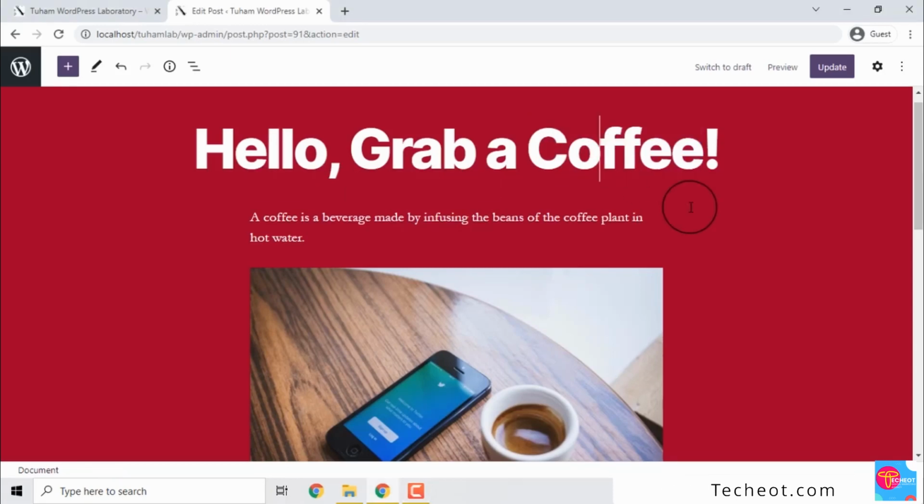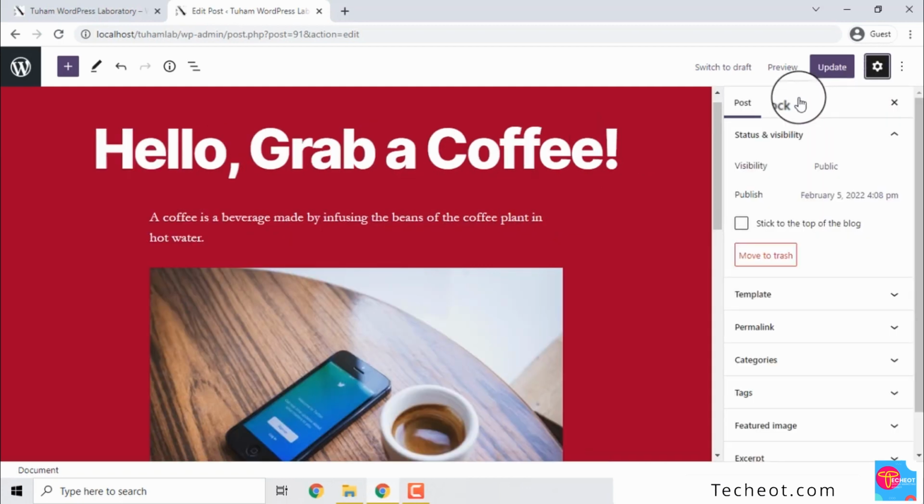Alright, now that we've done a brief introduction to the blog settings, it's high time we delve into the practical section and see how we can make use of the blog settings to make changes to our post that we have already written. Like I earlier mentioned, to navigate to the blog settings, go to the top right corner of your screen, click on settings and then click on